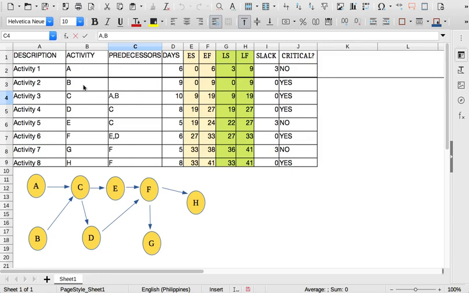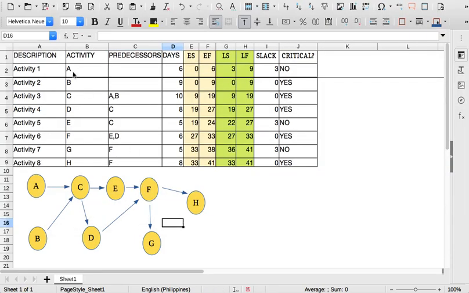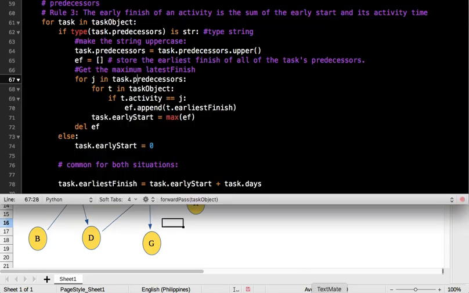Okay, we go now to B and check the early finish, and then we compare these two. So that is what this is now. So we need now, for T in task object, to access again the task in the task object list. If T, the activity, is equal to J, it means that if the activity is inside J here, the predecessors,